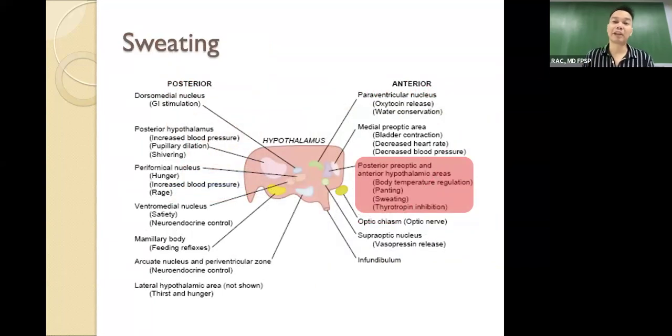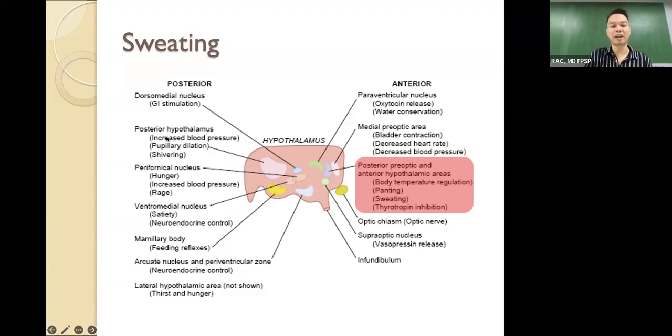Okay, now let's look at the hypothalamus. In this diagram, you will notice several nuclei. All of these have important vegetative functions. This is the reason why the hypothalamus is said to be the highest center in the central nervous system, because it controls all, if not the majority, of our vegetative functions. Without the hypothalamus, we will die. Now, in the hypothalamus, you have the nuclei that will control body temperature.